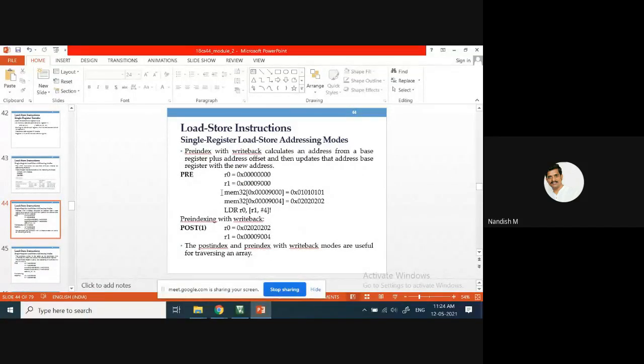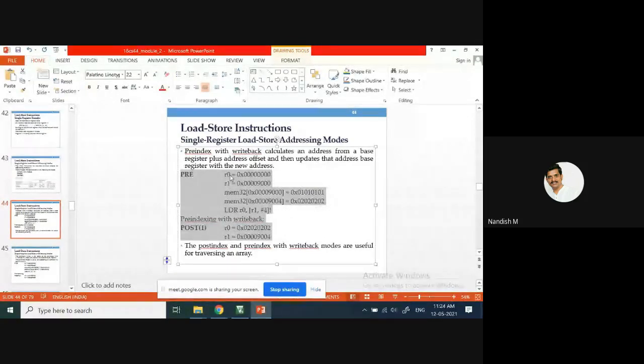See here, everywhere the convention will be like this. See the examples, how they have written in the textbook. R0 is 32-bit. In the 32-bit convention, hexadecimal representation, 0x is just a prefix. The next 8 digits is the address in hexadecimal representation. R1 contains some value. This is some address. If you give an address to Memory 32, you will get some value.